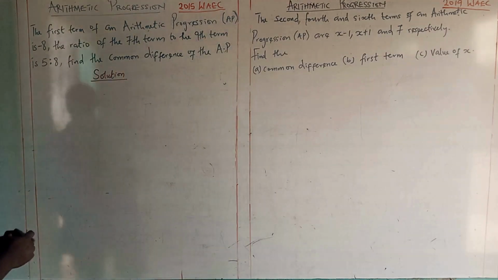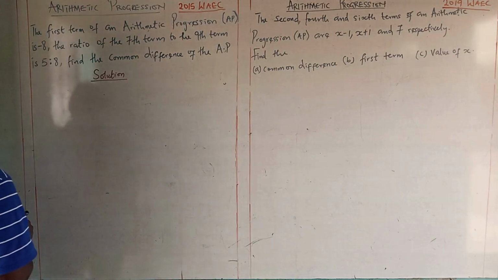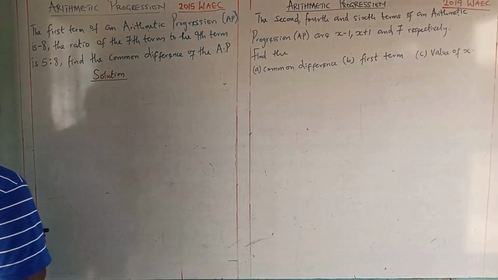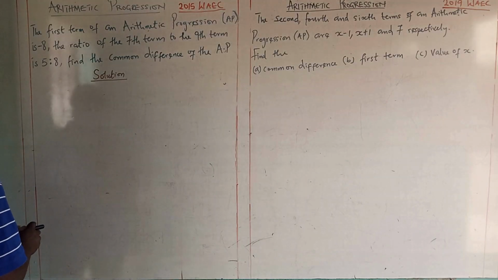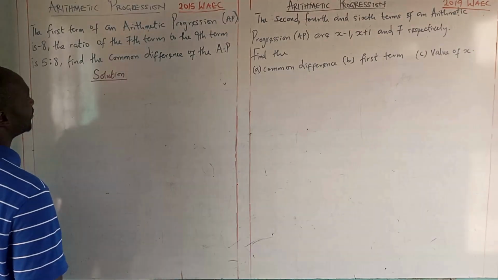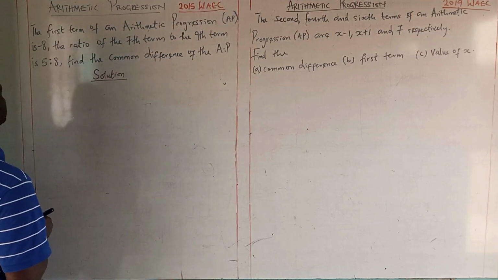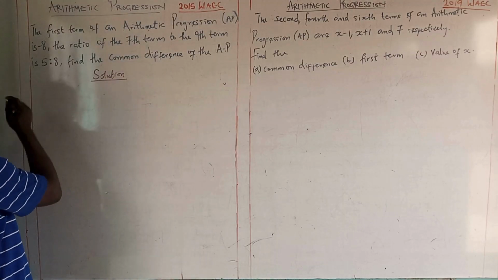Now the question says, the first term of an arithmetic progression is minus 8. The ratio of the 7th term to the 9th term is 5:8. Find the common difference of the AP. Now, what does this mean? We need to first